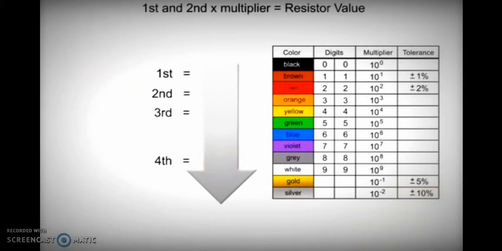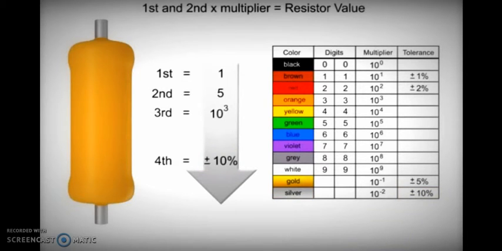Now, let us take another example where the value of the resistance is 15 kilo ohms. The first band in this case takes a value 1, which indicates the first band must be brown, and the second band is 5, so the second color is green. And the third band must be a multiplier, which is assigned a value of 10 power 3. The multiplier 10 power 3 takes the color orange, so the third band ultimately becomes orange.